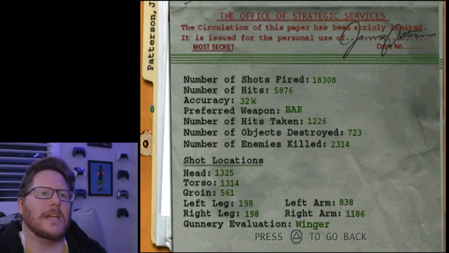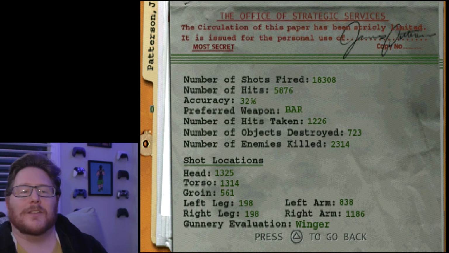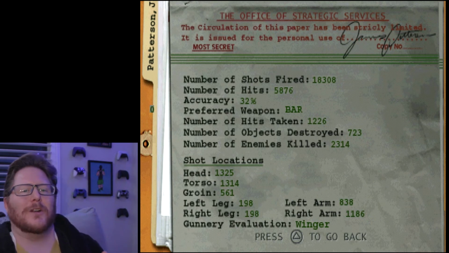Shots fired, 1,800. Number of hits, 5876. Accuracy, 32%. Wow. This isn't my save file. Number of hits taken, 1226. Number of objects destroyed, 723. Murdered 2,300 people. 1,300 headshots, that's right. 1,300. Now, headshot, this was one of those things where it really was...